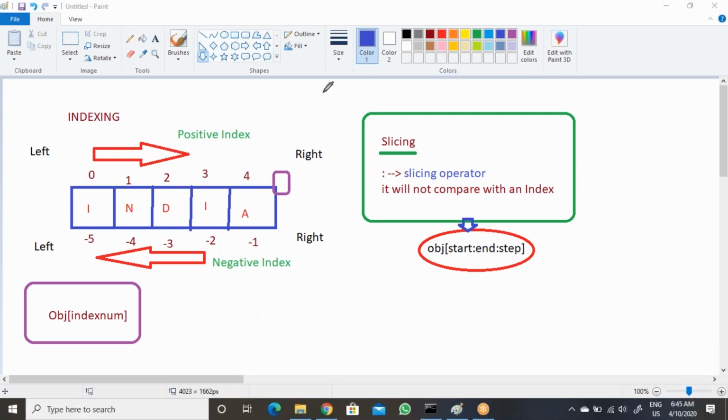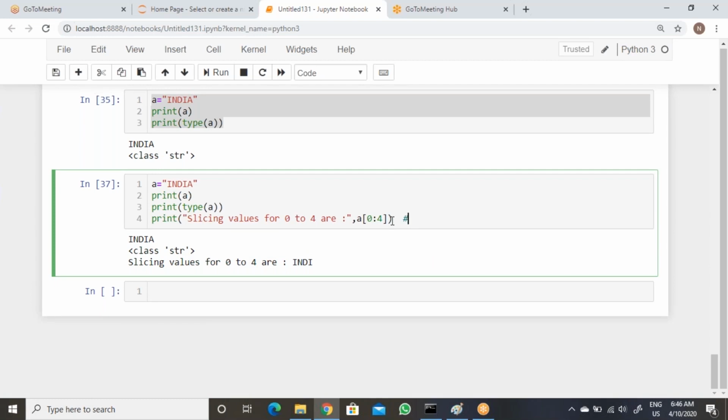Now observe here. If you are passing m to n, then internally it will be m to n minus 1. That means m is 0 then 4, and by seeing that, the interpreter's internal mechanism will be 0 then 4 minus 1, so that will be 0 to 3.